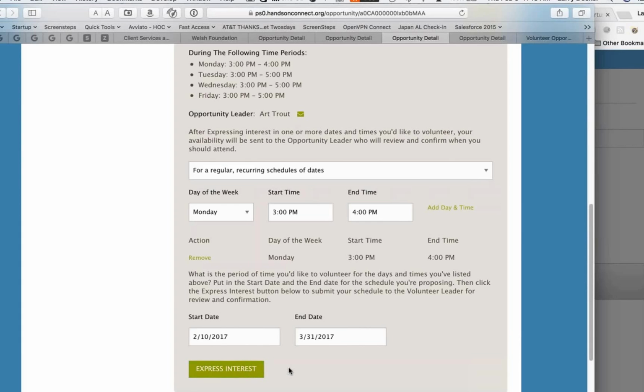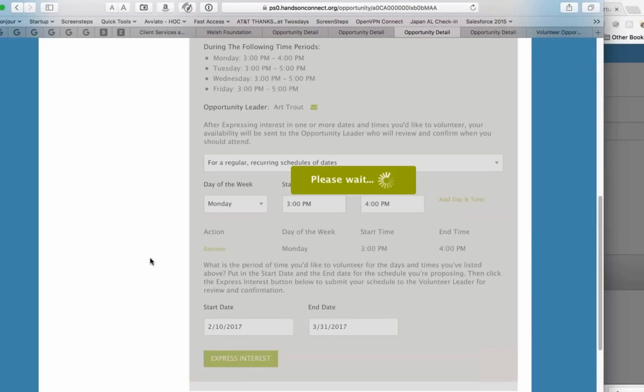This is better than to be scheduled because it used to be in to be scheduled, you didn't know when the volunteer wanted to come, so you had to call or email them and ask. Here they're already answering that question. And if they were going to come on an ongoing basis more than once, you had to administratively create those connections one by one, which was very time consuming, and most partners just didn't do it. So we're going to let,